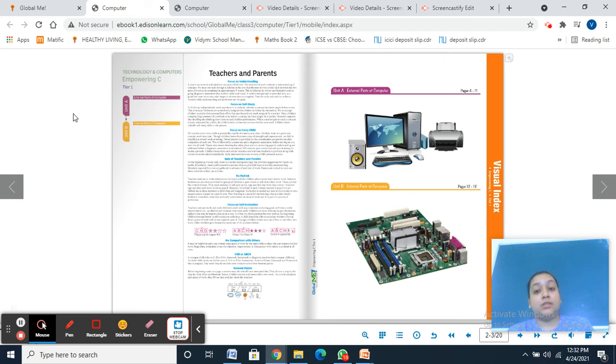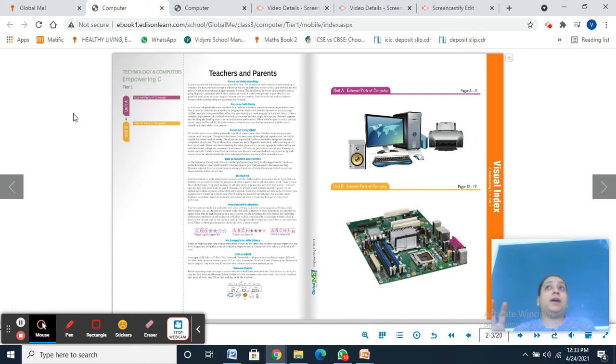External parts of computers are those parts of computers which you can see with your naked eyes, which you can see in the front of your computer. For example, you can see monitor, CPU, printer, keyboard, but you don't know which internal parts are there. You can see the body from the outside, the outer layer, but you can't see inside which wire is going which side, which motherboard is there, which part is in which position of the CPU, computer, monitor, keyboard, mouse.